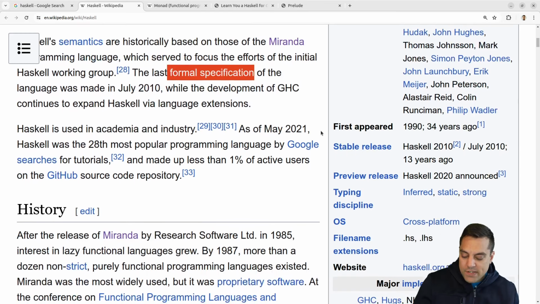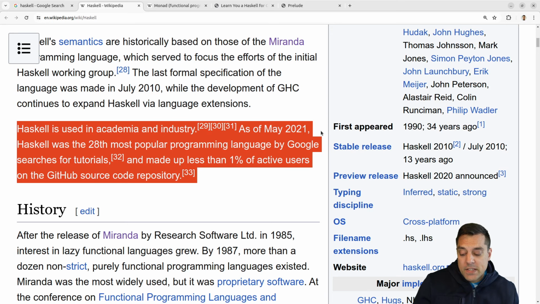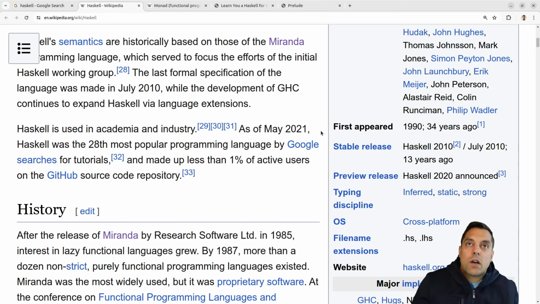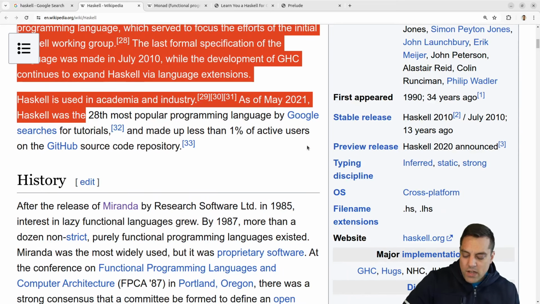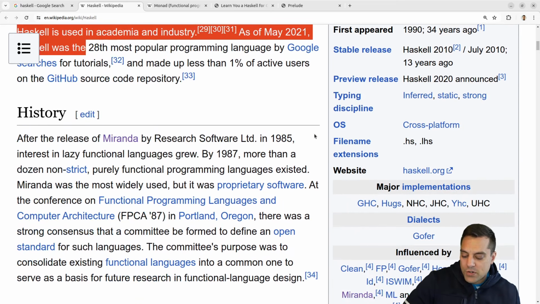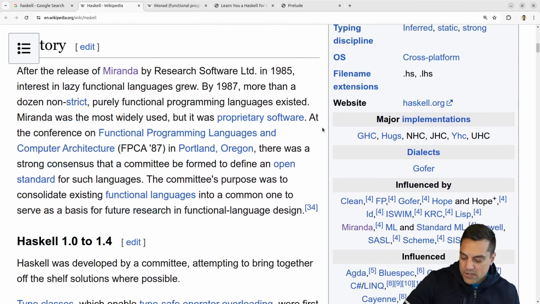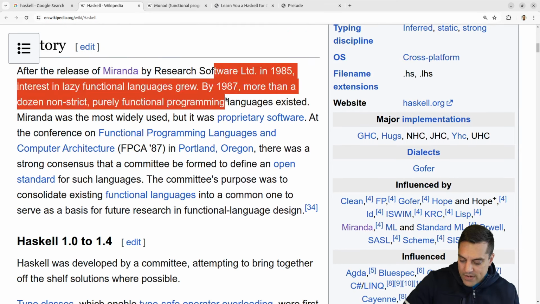So there's maybe a little bit more to this, as some of these languages are in a way, I don't want to call it a playground, but maybe a playground's the right term, or a sandbox for developing new ideas and trying out new things. But again, as we should probably emphasize, I'm sure there are Haskell programmers watching this who say, yeah, Haskell is not just used in academia, it's being used in industry. Okay, and probably in places where I don't know. So maybe we'll find some of those here. But it is getting popular, 28th most popular programming language. So I'm willing to bet that some of you have heard about Haskell or thought it's important to learn. So anyways, okay, so after Miranda's release,